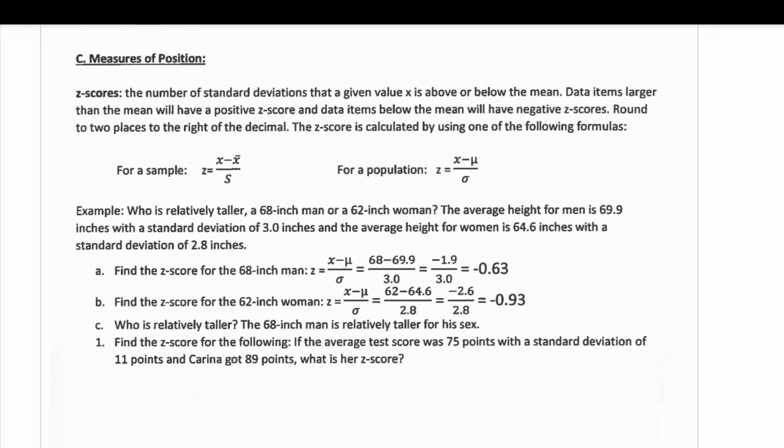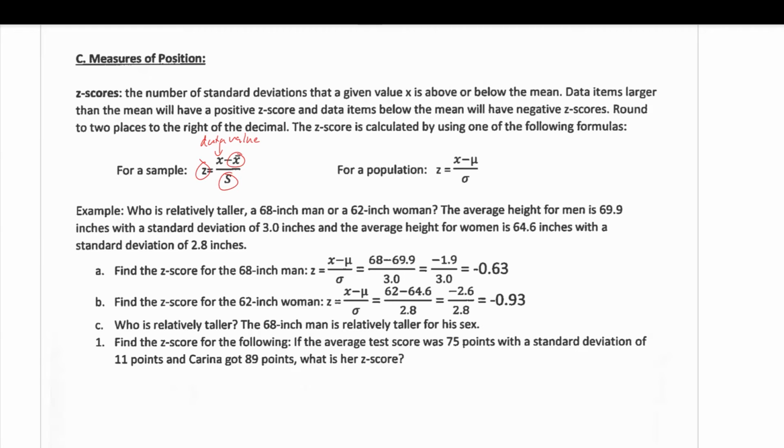Measures of position. Okay, so we're going to talk about z-scores and what that means. A z-score is essentially the number of standard deviations at any given x value in your data set is either above or below the mean. Depending on what you're dealing with, whether it's a sample or population, the calculation is exactly the same. So here's your data value. We subtract off the mean, and we divide it by the standard deviation, and that gives us the z-score,